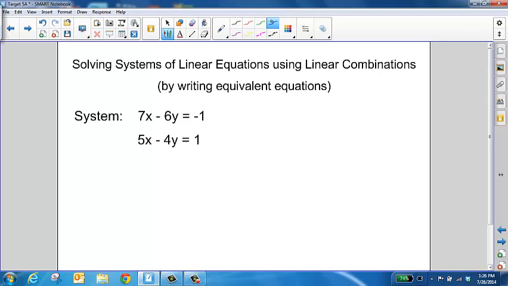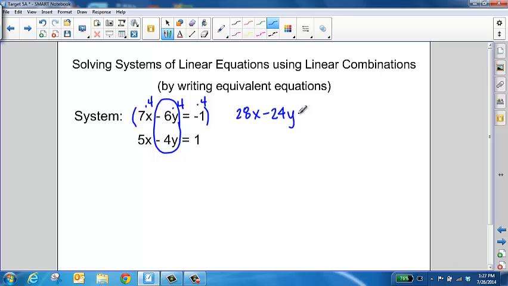Now, you can select to either create opposite terms for the x's, or you can select to create opposite terms for the y's. I think I'm going to select the y's for this one. Now, we want -6 and -4 to become opposite terms of one another. So what we're going to do is take this first equation and multiply it by the coefficient from the y term of this equation, which is 4. So we're going to multiply each piece of this top equation by 4, which is going to give us 28x